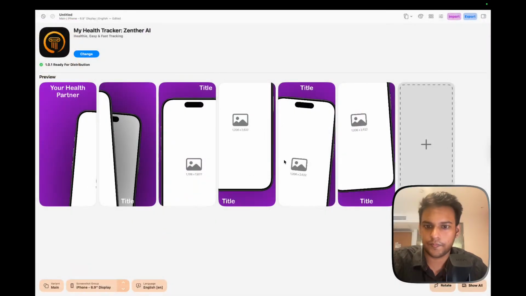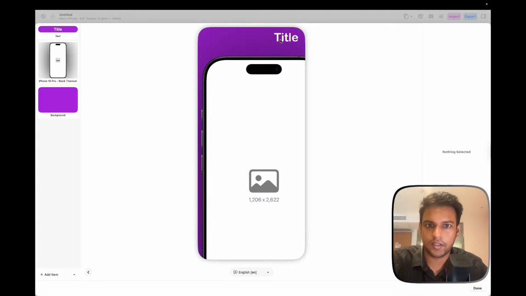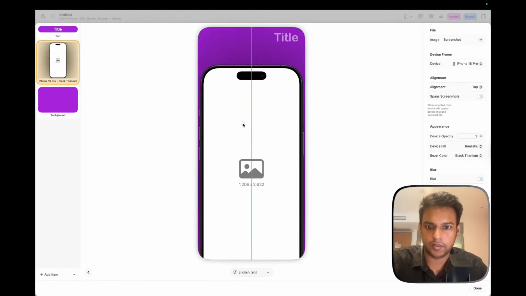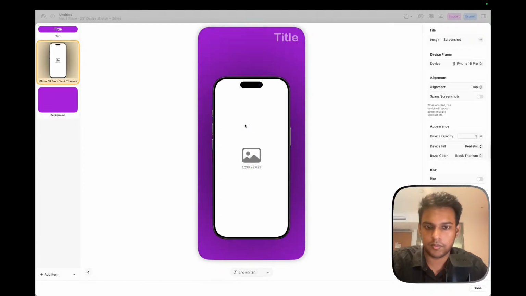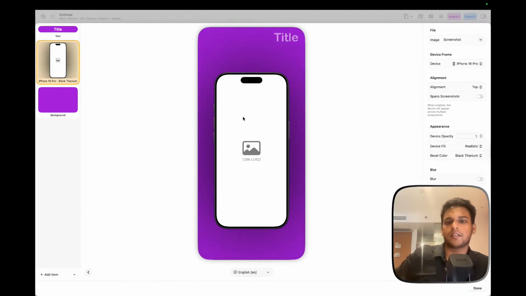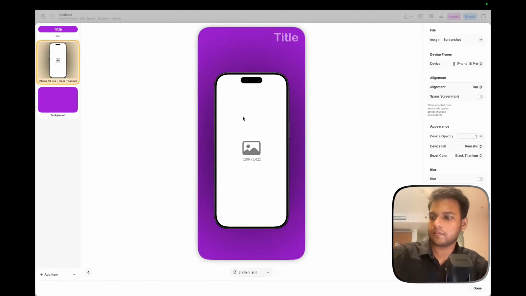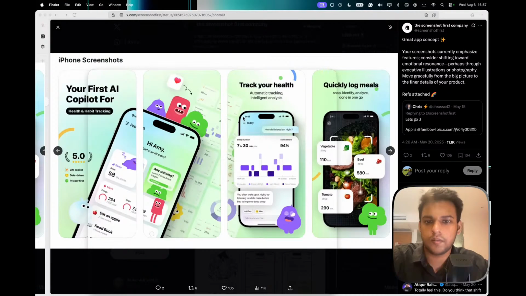And let's go and do this screenshot, and then this screenshot should be a bit smaller. This would be nicer. Yeah, and then I'll just try to take a screenshot of what I have on the app. And then send it to, okay.